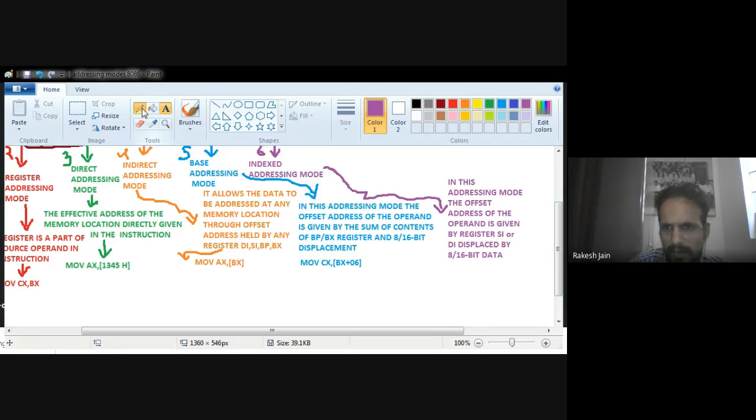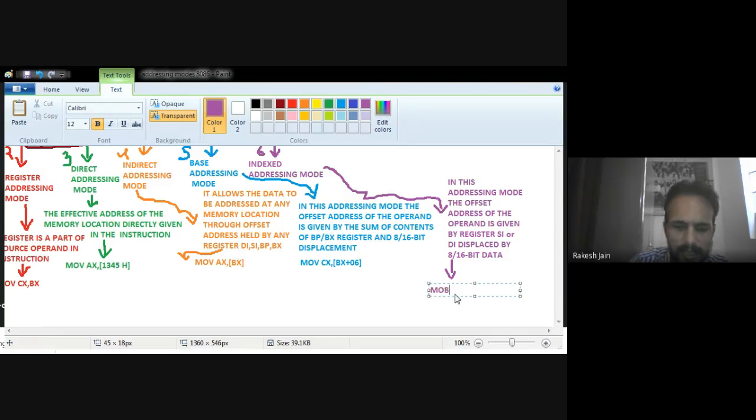As an example, let's suppose I have to move data into the general purpose register BX. Let's suppose the data is addressed through my DI register.